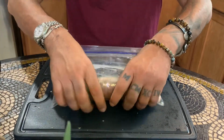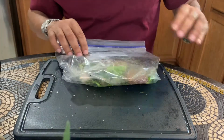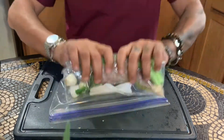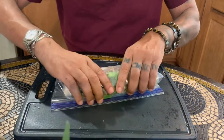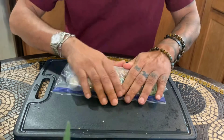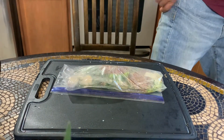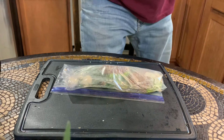And then you centralize all the ingredients into one location by folding this. That way everything is in the same location, it's not going anywhere. And then what you do is, you come here, grab your